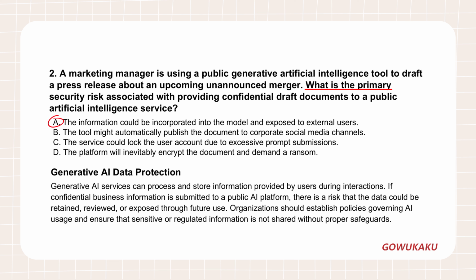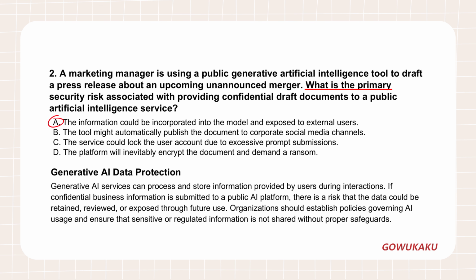Oh, wow. So it's just out there. Right, sensitive business information could easily leak through future outputs. Wait, really? So even if it's just a rough unannounced draft, entering it into a public AI essentially means we've surrendered control of that data. Exactly. What's fascinating here is how easily workplace convenience overrides basic security. Speaking of convenience, let's jump to lunch.